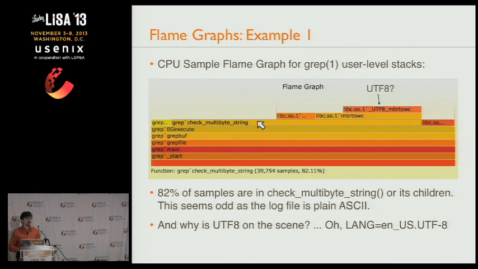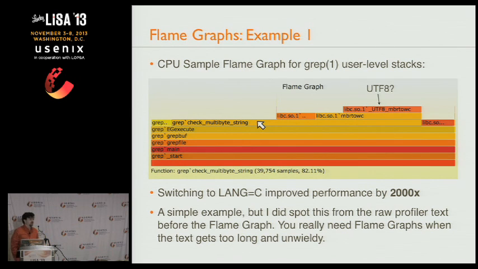And very quickly, we realized it was. Lang was set to en_US.UTF-8. How this became apparent was the customer had upgraded their platform to a new version. And on the new version, their alerting software was now becoming a really bad problem. So grep was taking too long, it was stepping on each other's toes from crontab, and they're saying, well, you screwed up something in the platform upgrade. And that was it. It was just lang was set to en_US.UTF-8. Switching to lang equals C improved performance by 2000x.